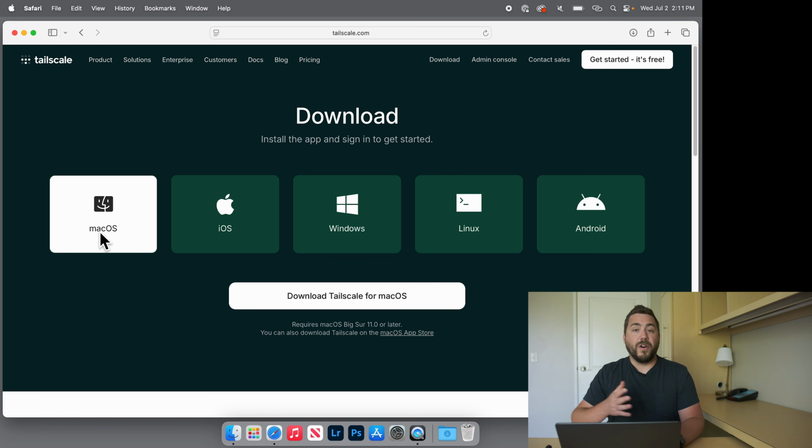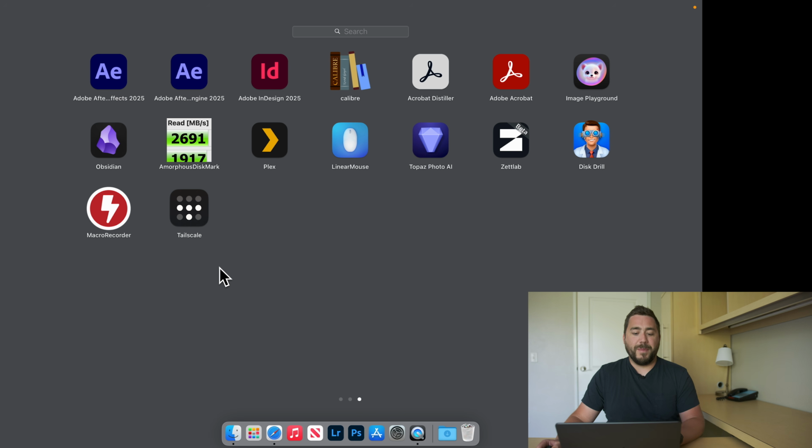Now it should be noted, I've also done this on my phone. I downloaded the Tailscale app and I can connect to the NAS through that device as well. So download and then install the application for Tailscale on whatever device it is you wanna use to access your NAS. Now that I've done that, I'm gonna go ahead and open up the Tailscale app,